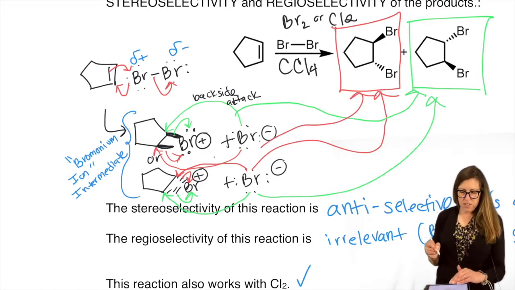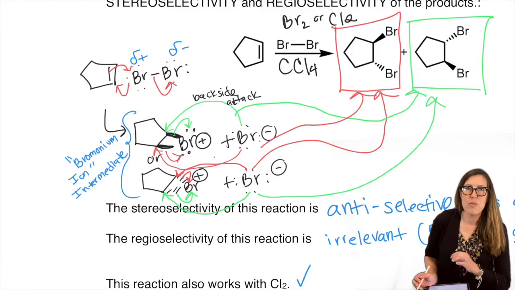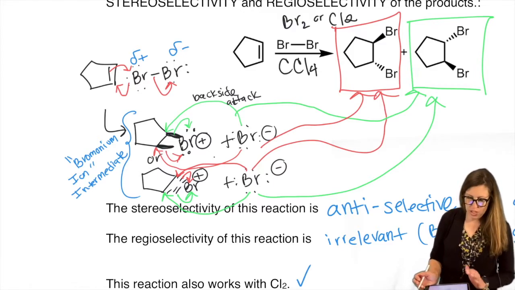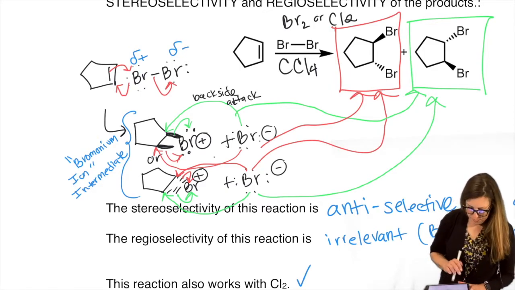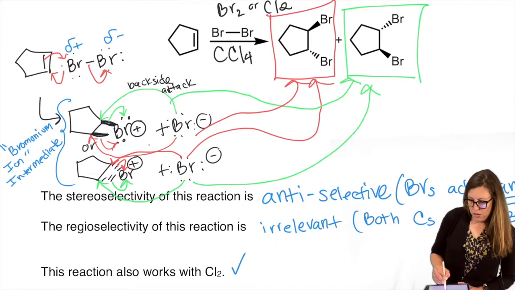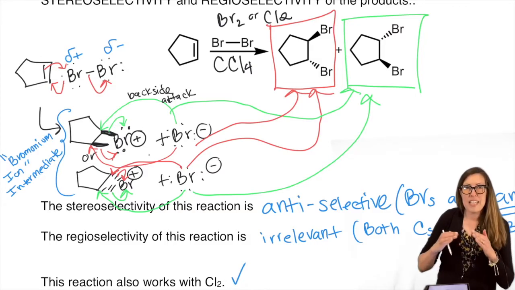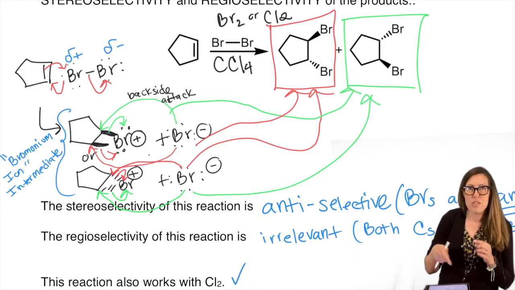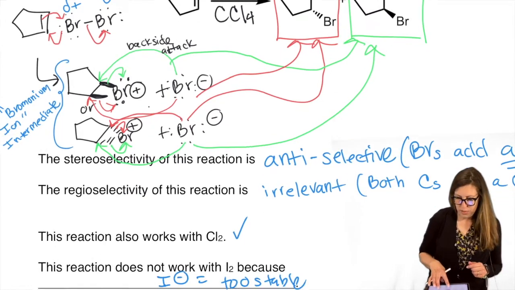You might say, wait a minute, if I just flipped over that intermediate, they'd be the same. In this one, they would be. So it's good to be aware of the unique ways they could always approach, right? Just because of symmetry, in this one they would be. But the reality is there's always really 4 possible ways for it to attack. But that got simplified to 2 things. So that's why we have the anti, right? They can't attack from the same side because there's like a little SN2 mechanism built in there, right? Has to do with backside attacks. That's how we got the anti.